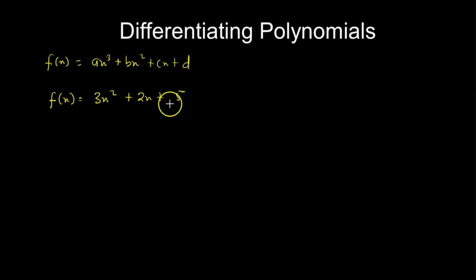Now, in order to differentiate this kind of polynomial function, you realize that you can take this function as equal to that, added to the same function equal to that, added to the function equal to the third term. So you can take it term by term and find the derivative of each, and then you bring them back together, and it gives you the derivative of the whole function. So in other words, if I take it term by term,